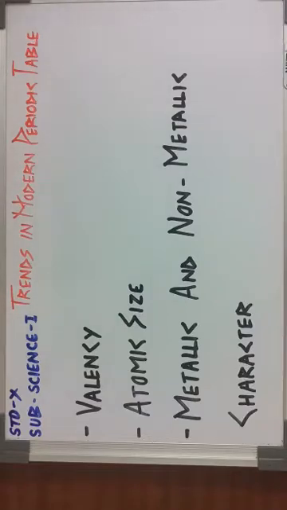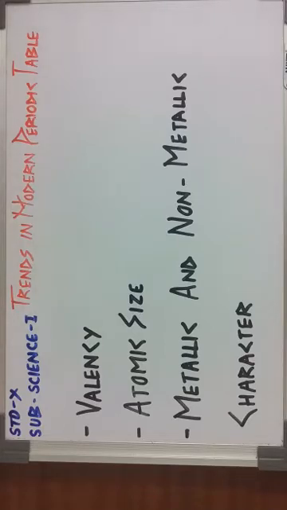Now, when the properties of elements in a period or a group of the modern periodic table are compared, we have seen some regularity in the variations, and this regularity is known as periodic trends. Now, in this standard, we are going to see only 3 trends in the modern periodic table. How these 3 properties are changing along a group, that is from top to bottom in a group, and along a period, that means from left to right in a period.